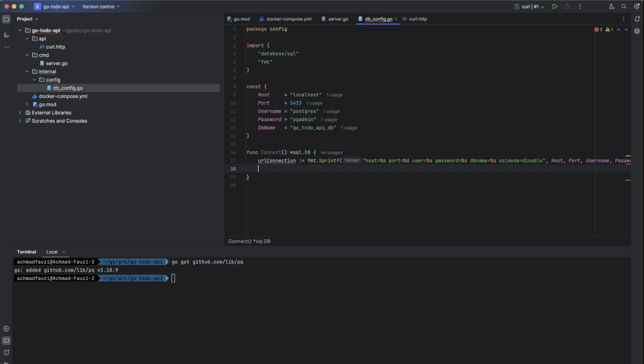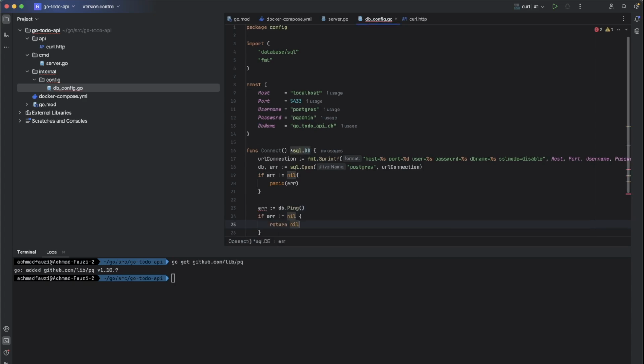Then let's start to create the connection. sql.Open from the Postgres driver, and our URL connection, it will be returning a pointer to DB and error. If error is not nil, then we will panic error. After that, we will ping the database. It also returns an error.